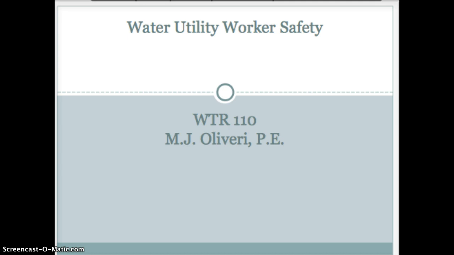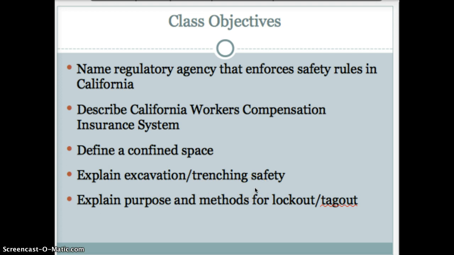First we're going to look at the class objectives, the objectives for the course, for this particular lesson. So you will be able to name the regulatory agency that enforces safety rules in California, describe the California workers' comp insurance system, define a confined space, explain excavation trenching safety, explain the purpose for and methods for lockout tagout,